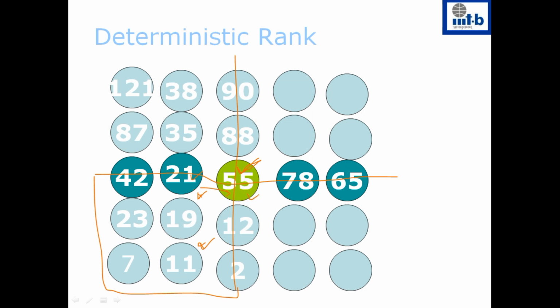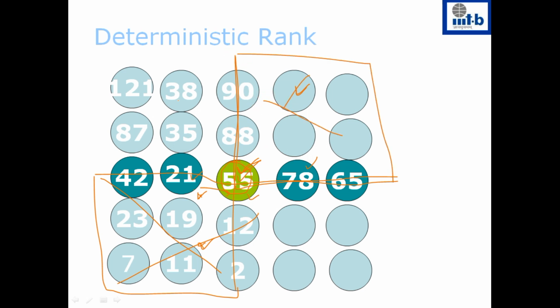So if you look at this number, there will be at least n by 4 numbers which are smaller than it. Similarly, any number here will be greater than 78 because this is in increasing order, and since 78 is on the right hand side, it is greater than 55. So any number here will be greater than 55. In this quadrangle, there will be n by 4 numbers which are all greater than 55. So for the pivot that you are going to pick, there will be at least n by 4 numbers which are smaller than the pivot, and at least n by 4 numbers which are greater than the pivot.